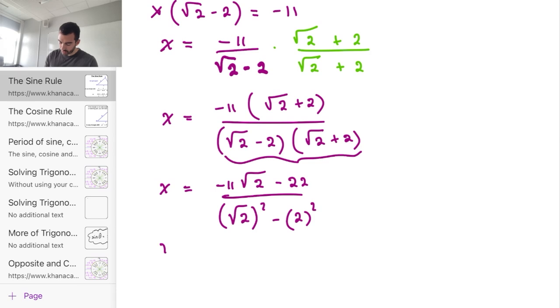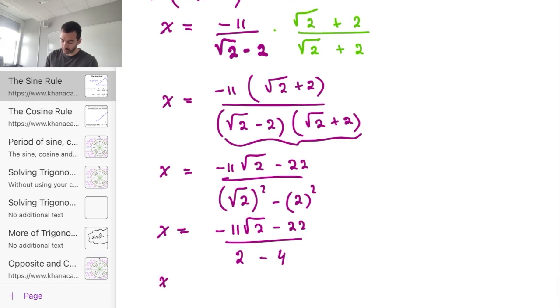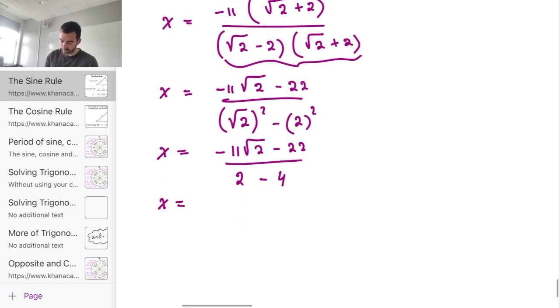Simplifying even further, I have negative 11 root 2 minus 22 divided by root 2 squared, that will give me 2, and 2 squared, that will give me 4. So x is equivalent to negative 11 root 2 minus 22 divided by negative 2, which is the same as